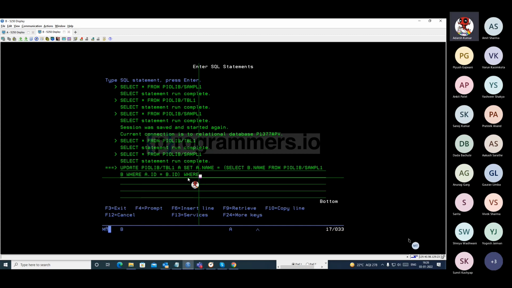Just agree that it's mandatory to use a where condition for update in the starting phase. When you have some experience, you can use it as you require. And the where condition will be such that we'll be using exists. Where exists,